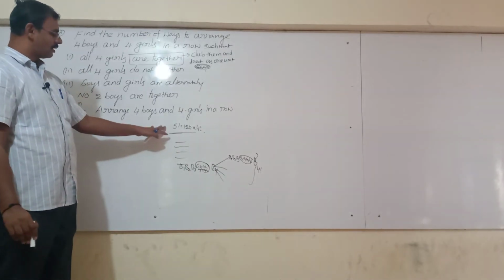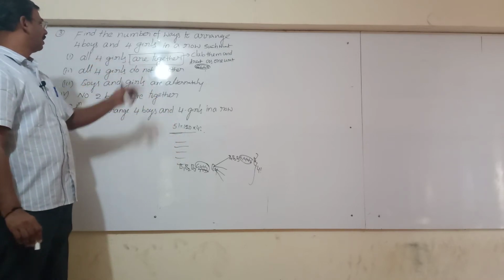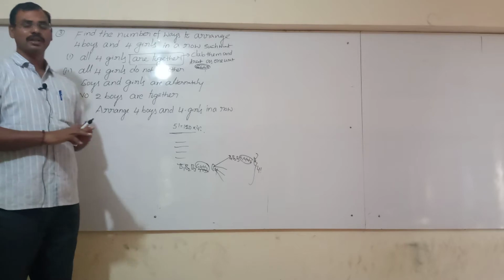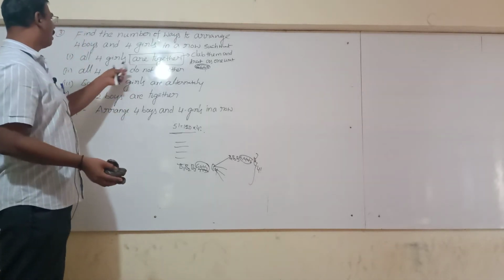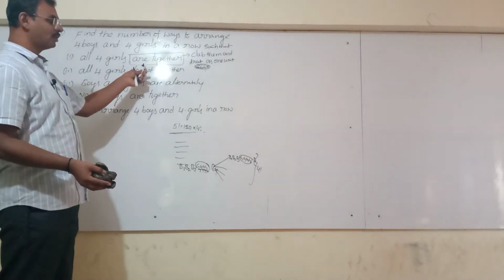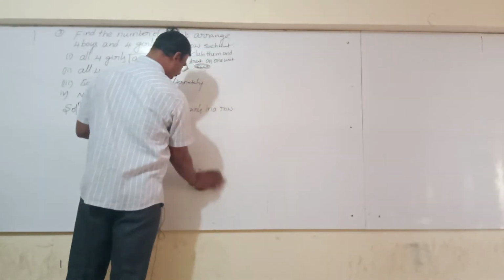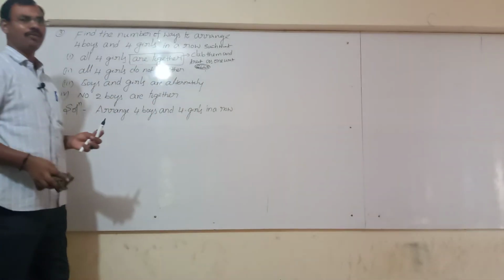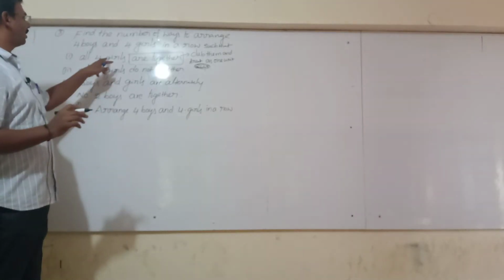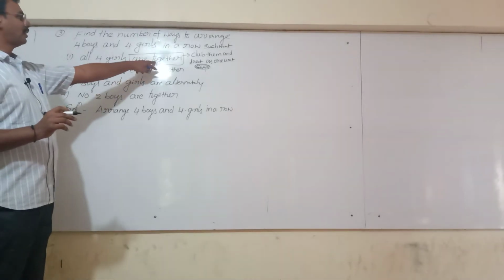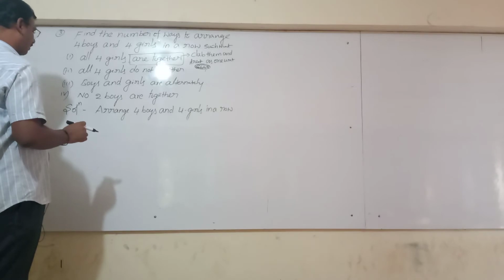So whatever the explanation is there, leave this one. You should always do it together. Whatever their vowels are, consonants are, boys are, girls are, all together. All 4 girls are together. In this case, what to do always? Club them and treat as one unit. Every time you should follow this condition. No other thing. You can easily remember: all together, club them and treat as one unit. Remember this word every time.